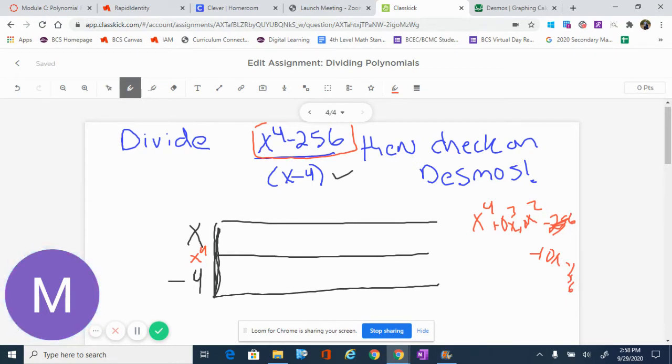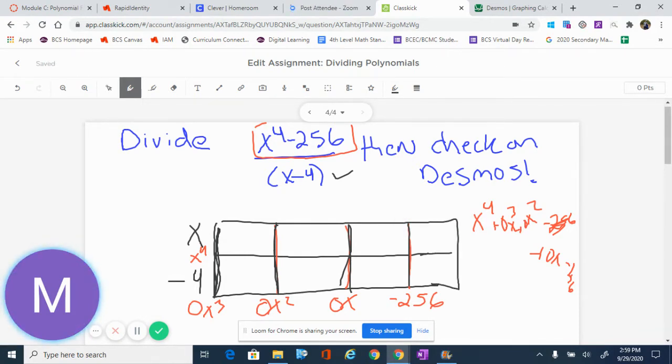And I know that's a little bit messy, but I'm going to bring it over here. I put 0x cubed. Then I bring 0x squared. Then I bring 0x, and then I have the last one, which will be minus 256. So I have to account for all of those different terms that are in there. Now, once we're there, we can go ahead and start doing the division like we were doing earlier,